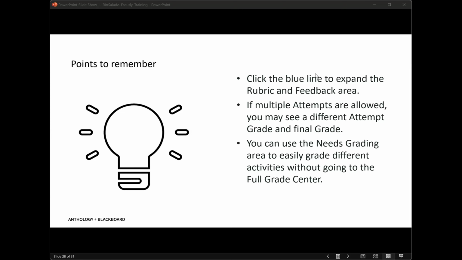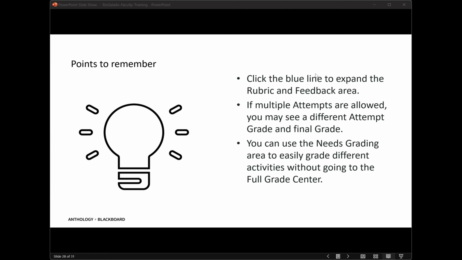So a couple of points to remember. This is going back to instructor grading. When you're seeing that screen, there is that little skinny blue line. If you have anyone with color issues in their vision, it may be a different color, but there's a skinny little line over on the right-hand side with a down arrow. That's where the rubric lives inside of it. If you use a lot of rubrics, you're going to get used to clicking there. If your courses are not heavy in writing or assignments, and are mostly auto-graded tests, you may not use it very often. But that's where the rubric lives.